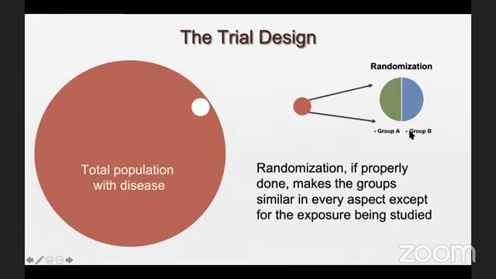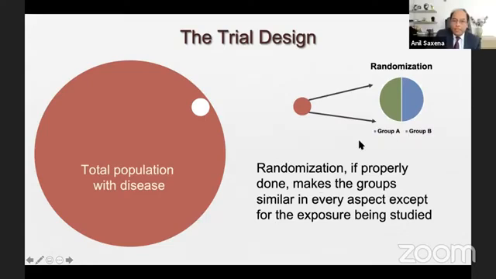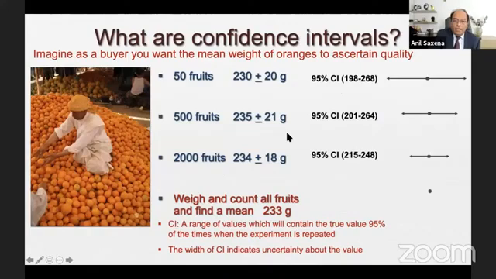To allocate different treatment strategies for different groups. The benefit of randomization is that if we do it properly, it makes the groups exactly similar in every aspect except the exposure that we are trying to study, which could be some treatment, exercise, intervention or surgical procedure, whatever. And we also discussed how confidence intervals are very important whenever we have any statistical parameter,